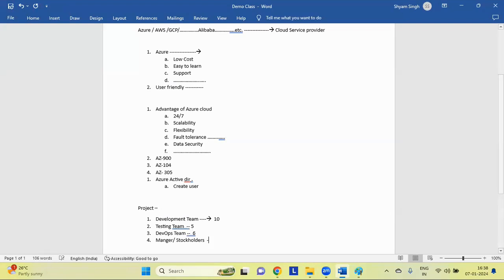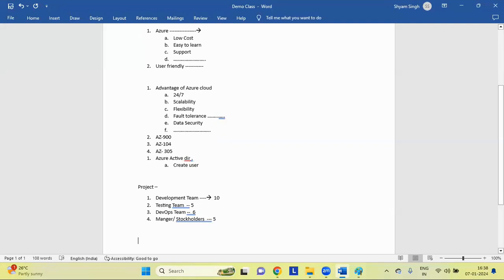And in the manager and stakeholders also suppose 5 people. So total how many people, if you are going to add one by one? 10 plus 10, 20, 10 plus 5, 15 plus 6, 21 plus 5, total 26, correct?